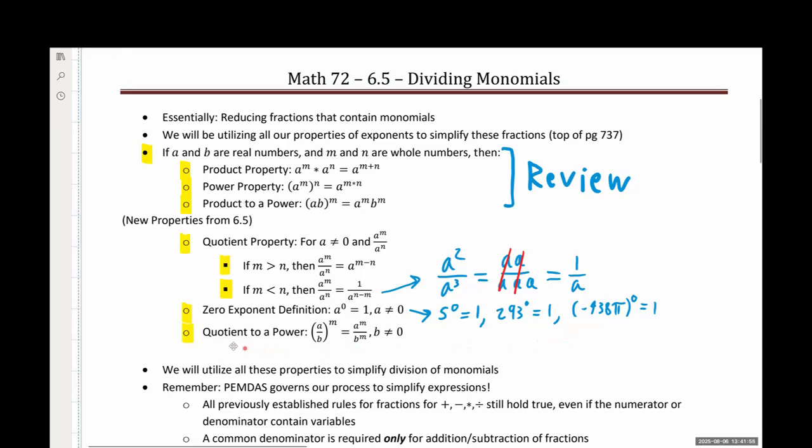And the last one that we have here is the quotient to a power rule. This is similar to the product to a power rule, which just states if I have a fraction showing up here, then I could rewrite this to be just the numerator raised to that power and just the denominator raised to that power as well, giving me a resulting fraction like this in the general form. We see this one show up a little bit more uniquely, and it's a little weird with how we can apply it. And we do have some flexibility with that, and I'll try and show that with the examples we're going to get to in a quick minute.